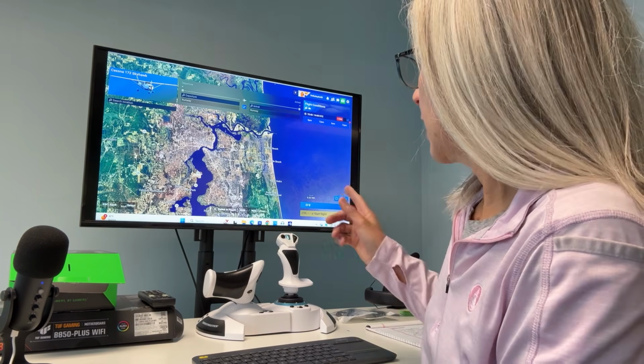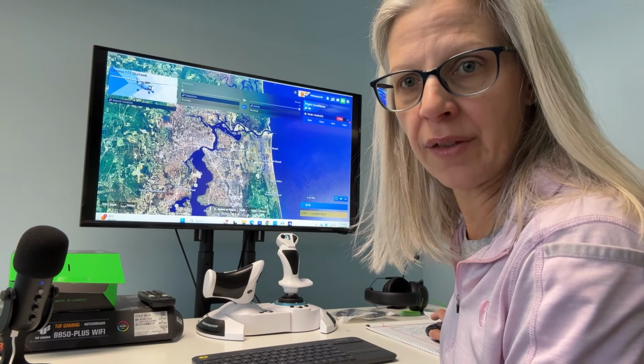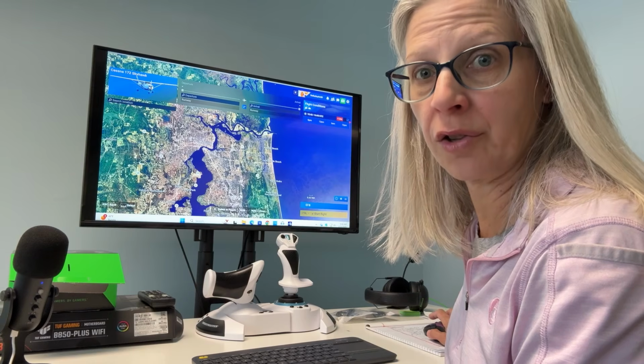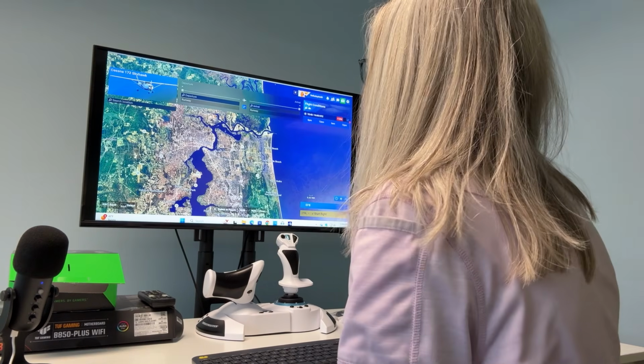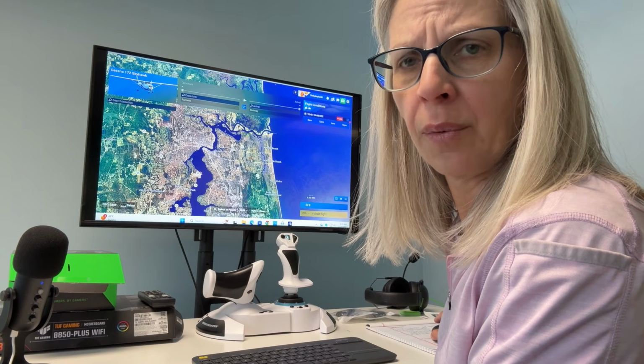So as you can see, I've got a little mouse and keyboard here that you guys are going to use when you are launching the program. So first thing you want to do is spawn yourself,